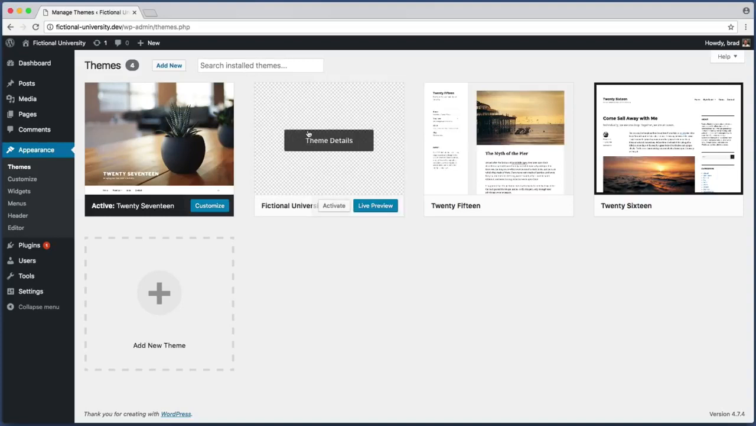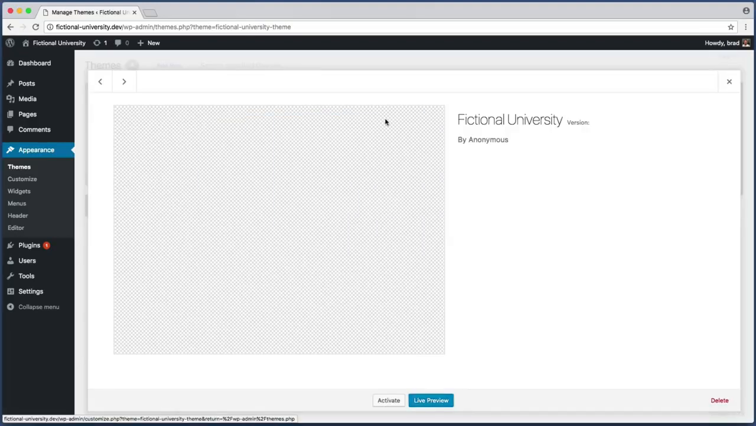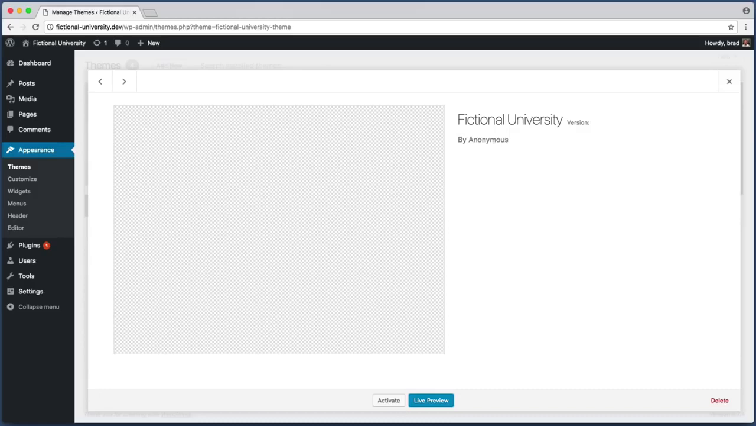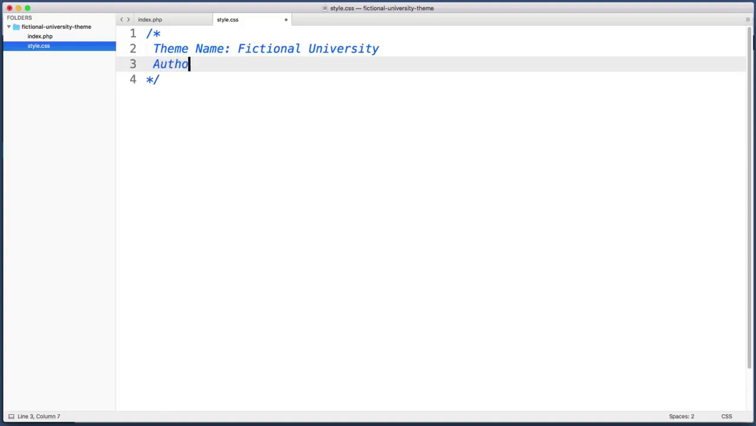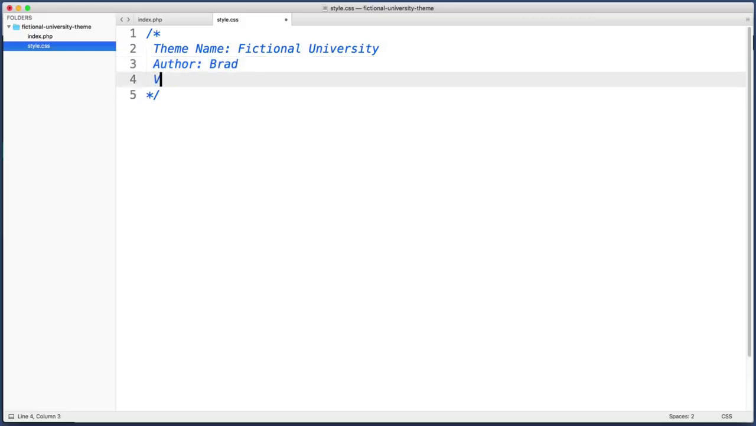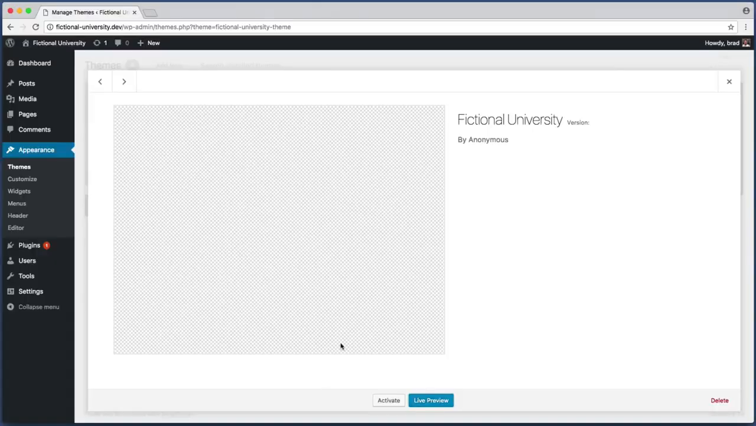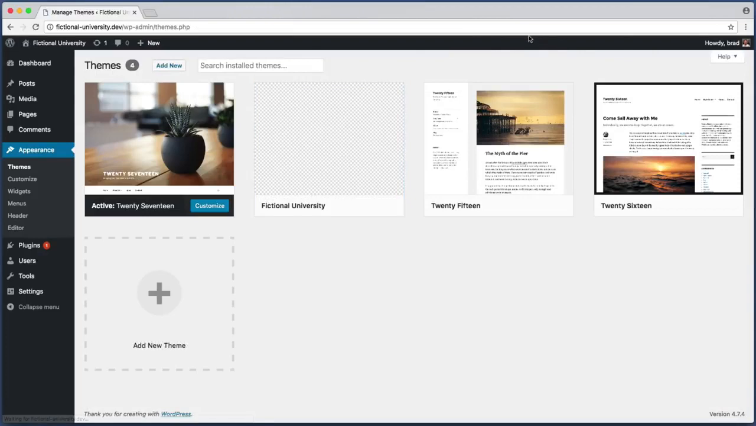And if we hover over it, we see theme details, and if we click on that, we can see it looks a bit odd, right? It says Fictional University and then version, and there's no version number. And also it says by anonymous instead of our name. So to fix those 2 things, back in our text editor, on a new line, still within our comment, we can say author, don't need the semicolon, but author colon, and then you can just type in your name here. And then on a new line, we can also say version, and then we can just make up a version number, maybe 1.0. Okay, so if we save this again and then refresh our theme screen and click on it again,